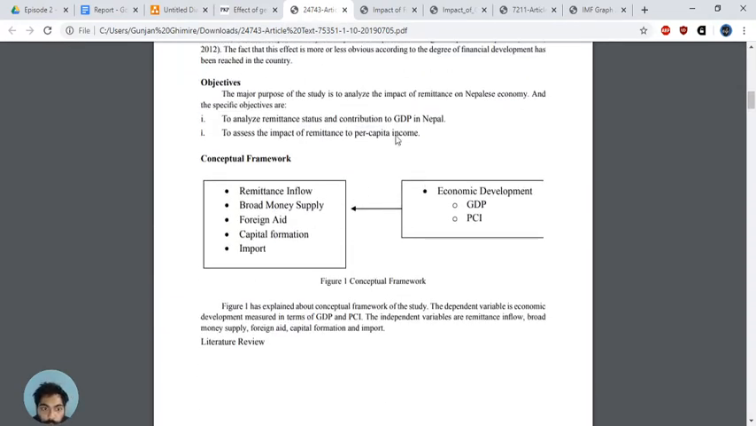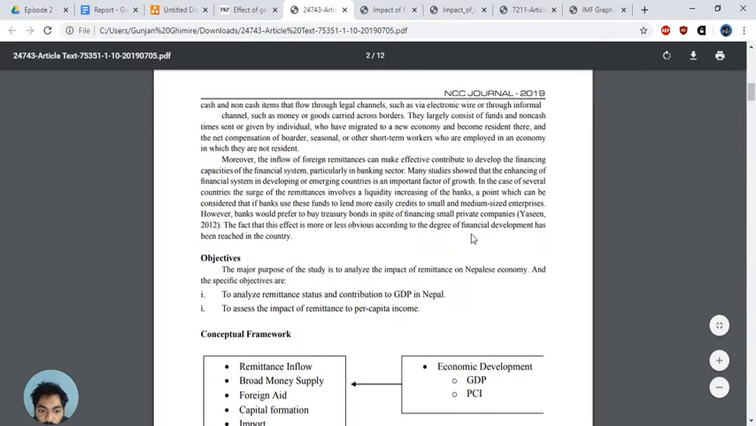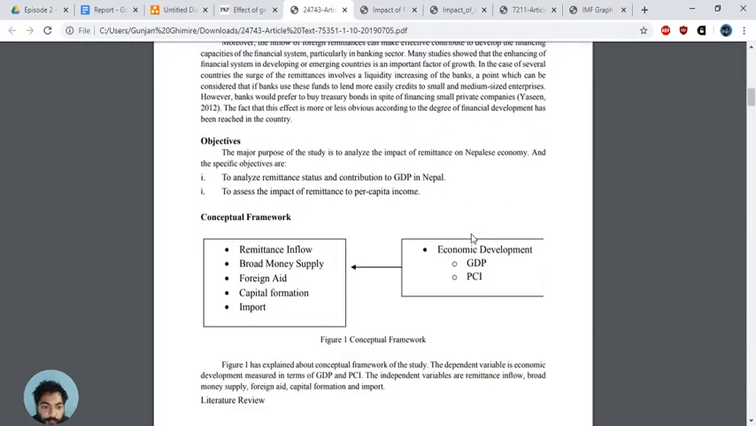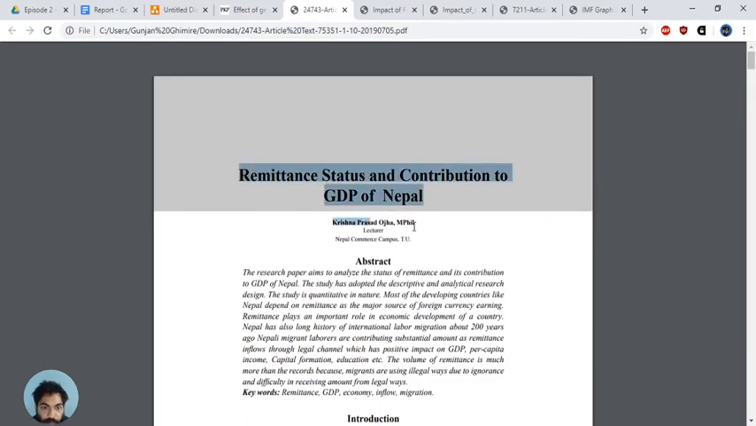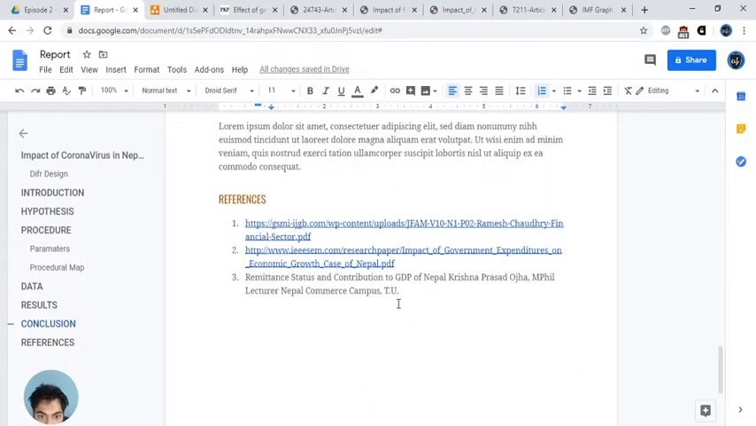So using this research, I found the economic development, GDP, and PCI, per capita income, are what impact Nepal's economy, right? And based on this research, what I've done here is on number 3,